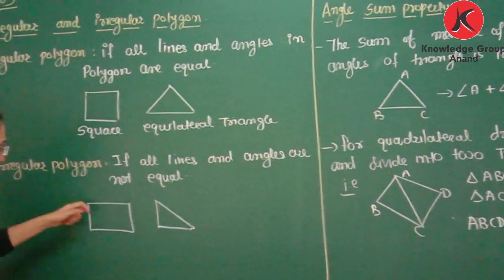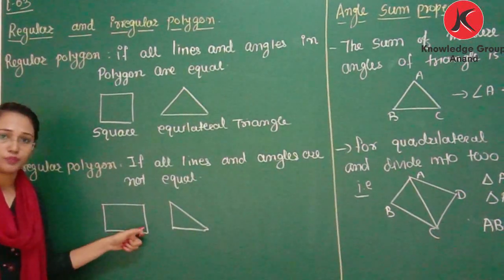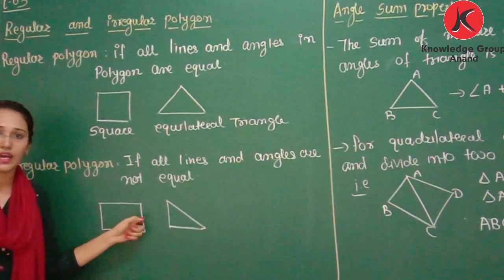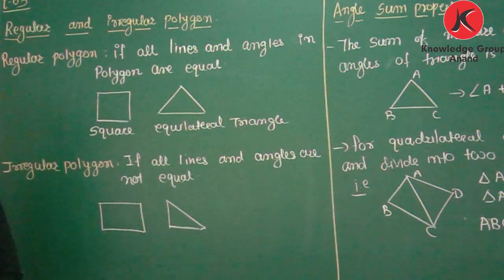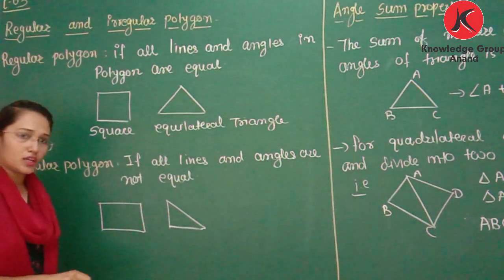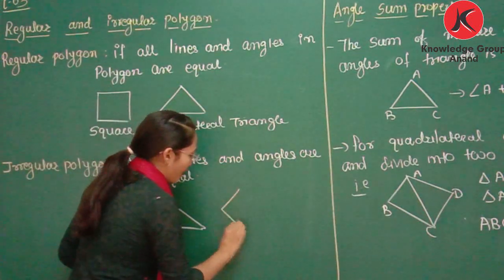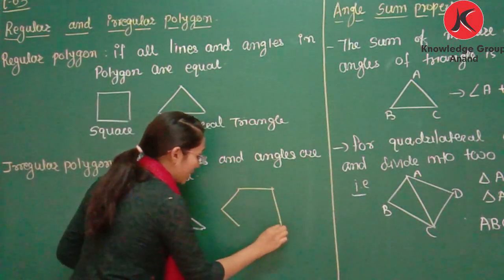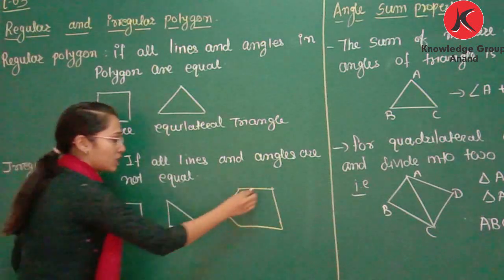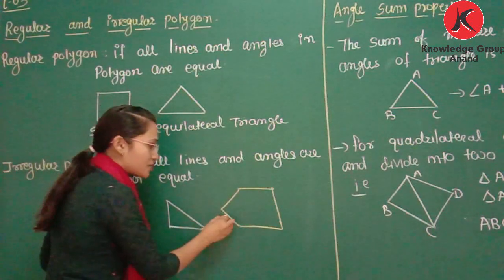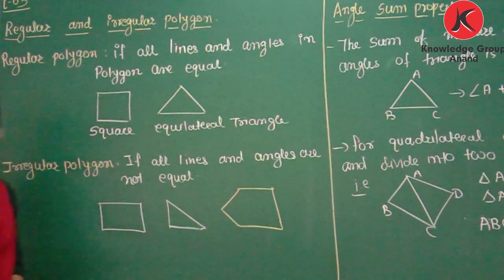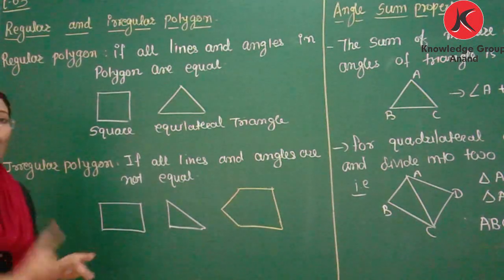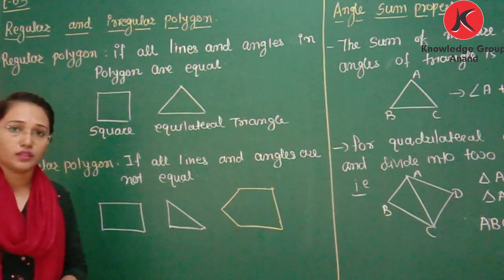A rectangle is not a regular polygon. Why? Because in a rectangle opposite sides are equal. All angles are 90 degrees, but all sides are not equal. That's why it is not a regular polygon. You can draw any other shape. If you draw a pentagon, then it is also not regular. Why? You can see these two sides are different, these two sides are also different. What is the condition? If all lines and all angles are equal. Now,